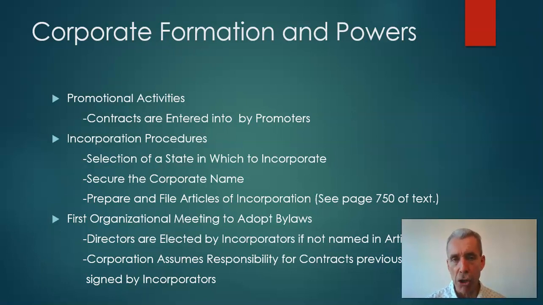Well, once you get that done and you have a corporation up and running, you have the first organizational meeting of your three people. Right? You're the incorporators. You make sure that the novation takes place, so the contracts list the corporation instead of you guys who were the promoters of the corporation and did the promotional activities. That's taken care of. And one of the other first things that you do is you adopt the bylaws. The bylaws of the corporation are the house rules, the roadmap of how the corporation is going to be run.